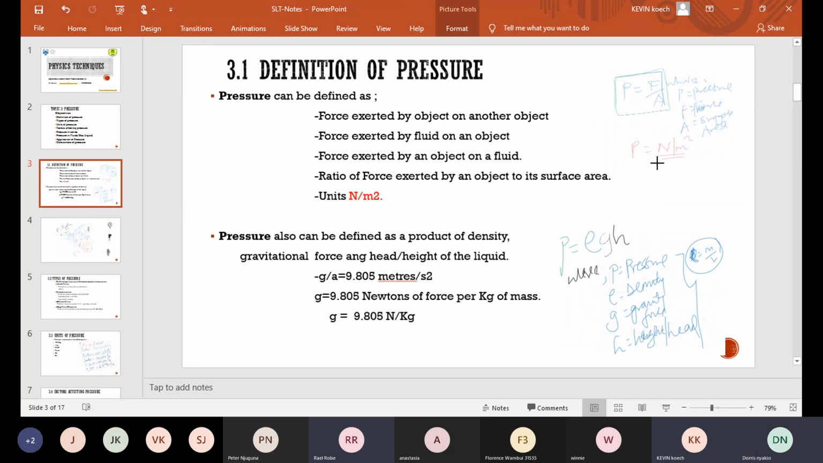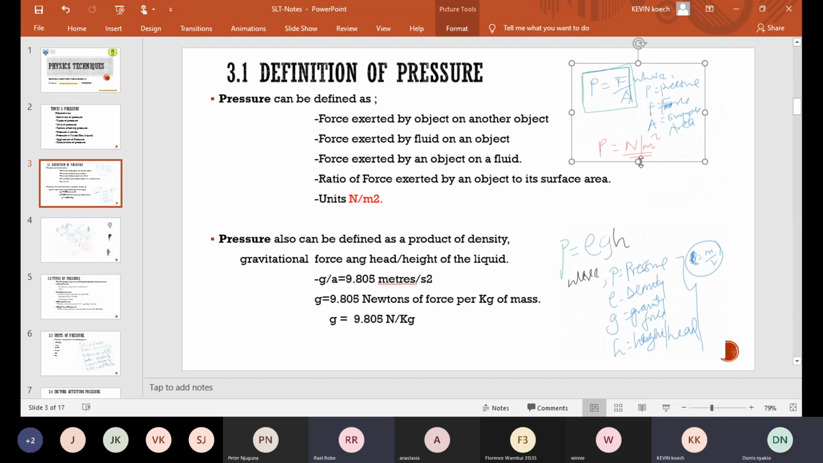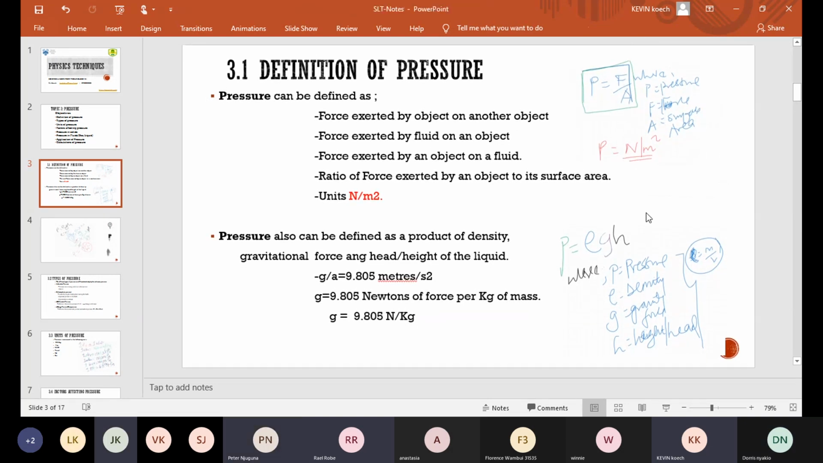Units of force used in this formula, which is pressure equals force divided by area. The unit is Newton per meter squared. So force is given in terms of Newton and then divided by area. Area is given in terms of square meters. So number two,